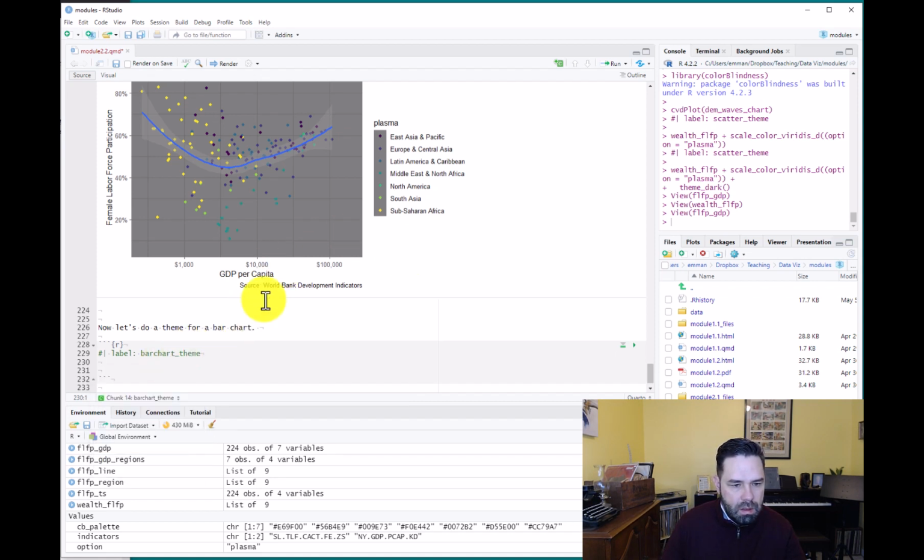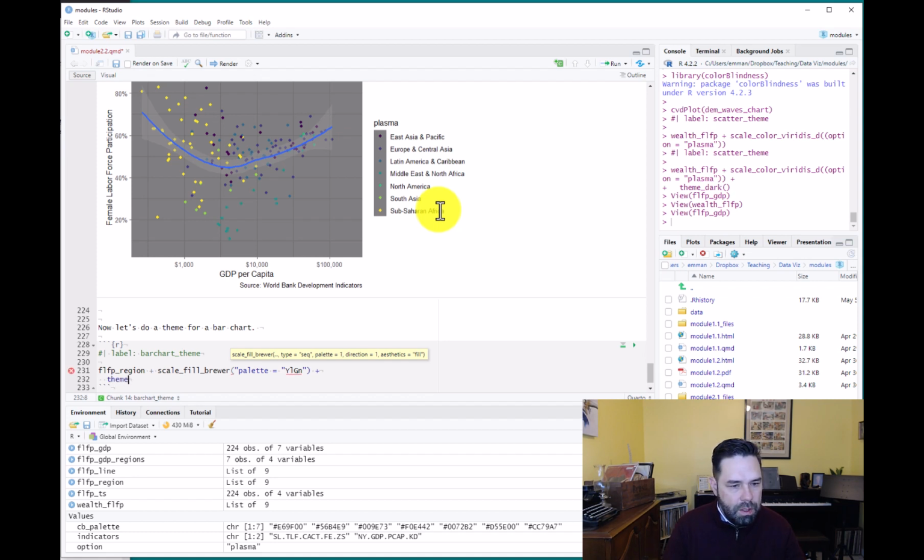And from here we will use our FLFP region bar chart from earlier, and we'll add scale fill brewer palette equals yellow green,